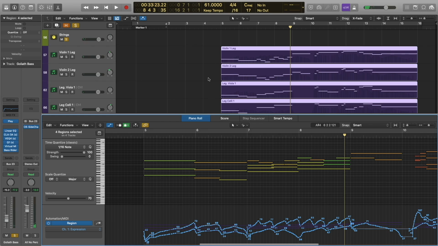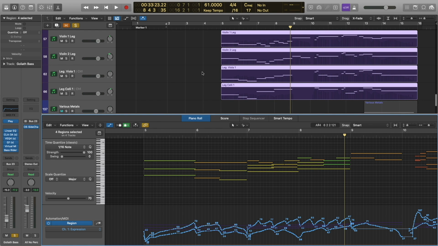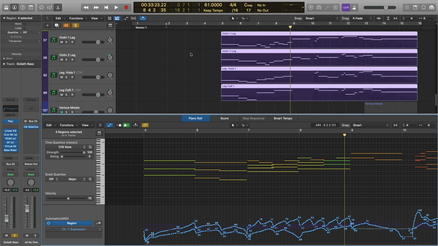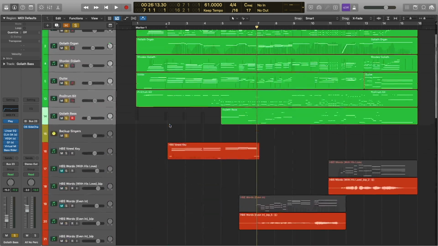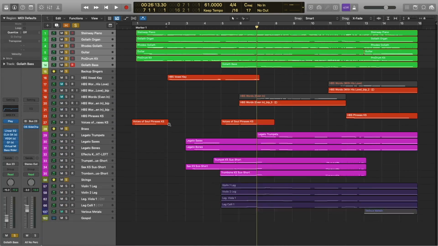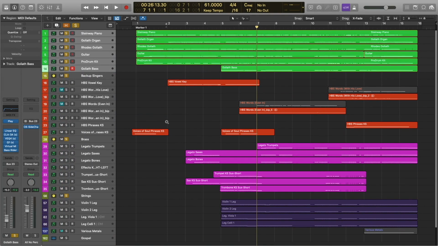All right, nothing too complicated here. These are just the legato patches from Hollywood Strings that I use in all my other sessions. And just note that we are going from an open chord voicing in bars 5 and 6 to then a closed chord voicing in bar 7 and 8, just to switch things up and make it interesting, because that is the name of the game. Okay, that does it for that section. Let's go ahead and move on to this next phrase here.